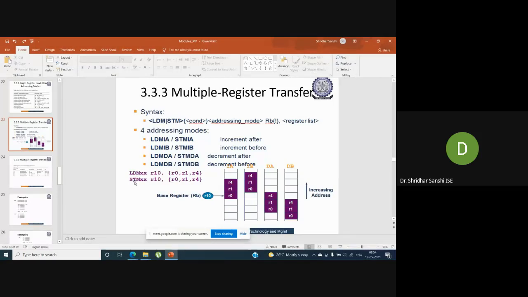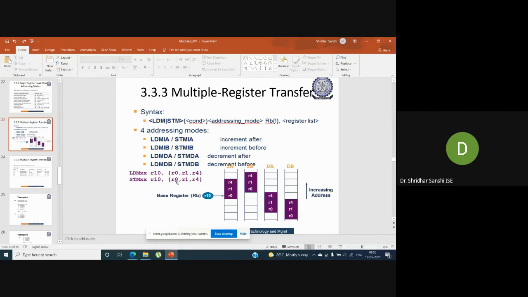Similarly for storing, if we want to store the contents of R0, R1, and R4 into the memory, then we use STM followed by the condition and addressing mode, followed by the base register, which contains the base address, followed by the contents that you want to store.